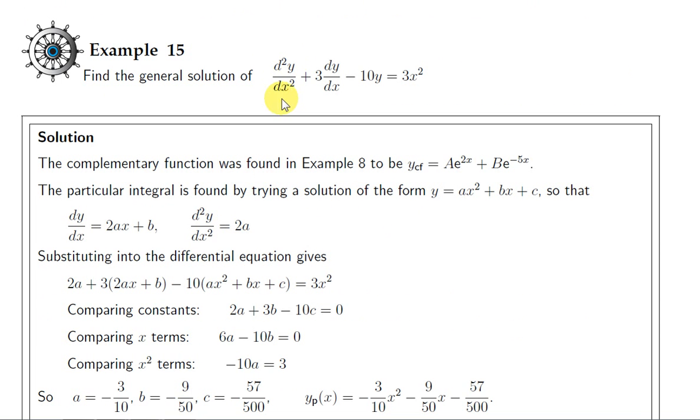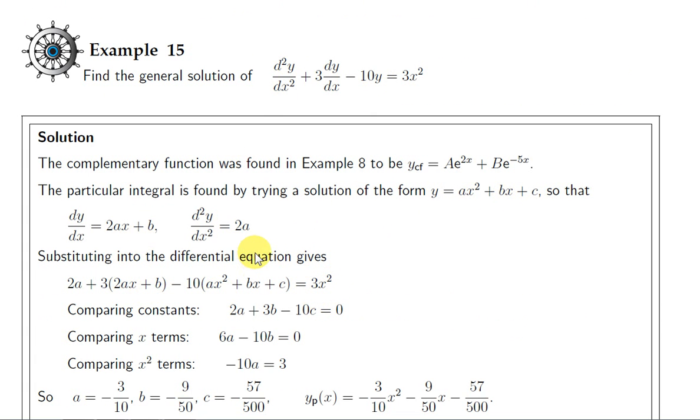So we plug 2a in for the first term, and then we have 3 times 2ax plus b for the second term, and then we have minus 10 times ax squared plus bx plus c for the third term, and on the right hand side we have 3x squared. Now we have an identity in x. The only way that both sides can equal each other for all x is if the coefficients of like terms